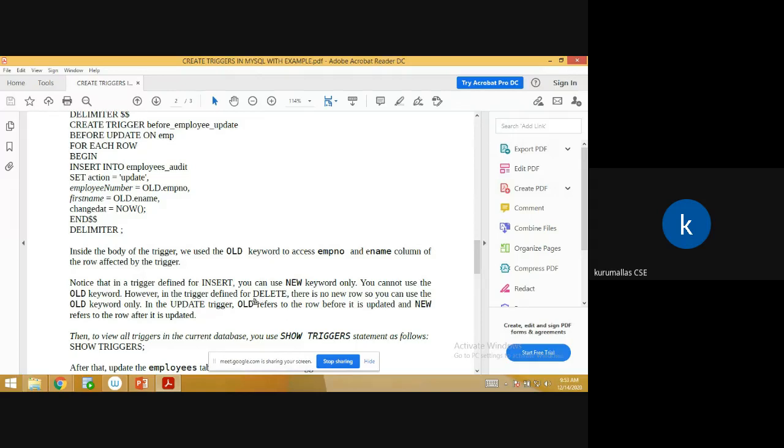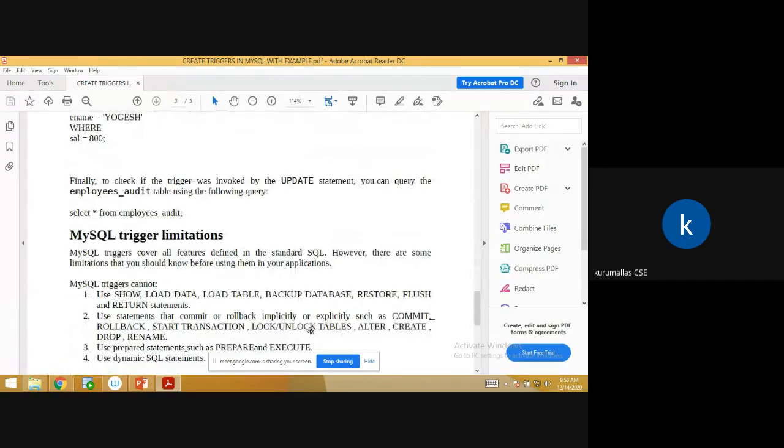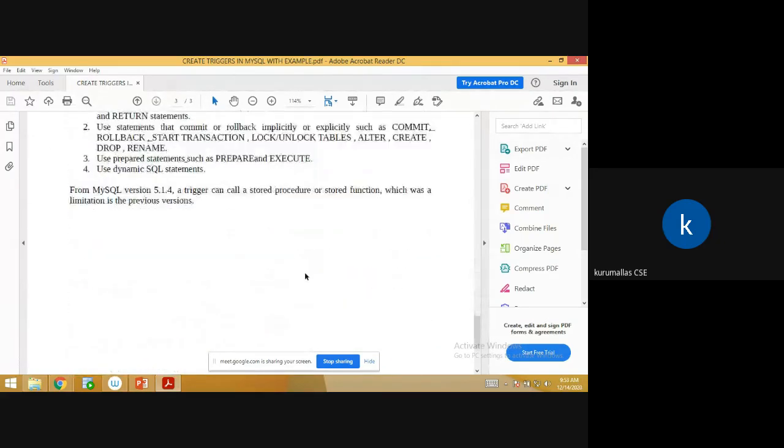For delete, using new is meaningless. We have to delete an already existing, already inserted value, so for delete we have to use the old keyword, we should not use new. Like that, these are the trigger limitations and so on.